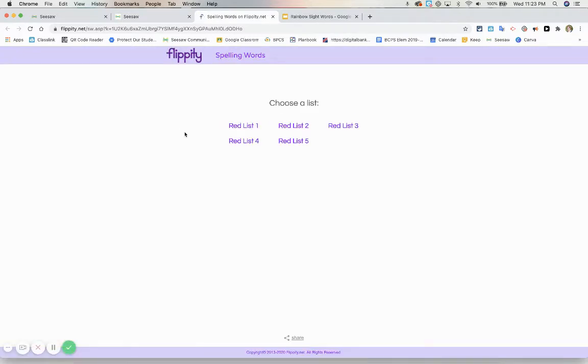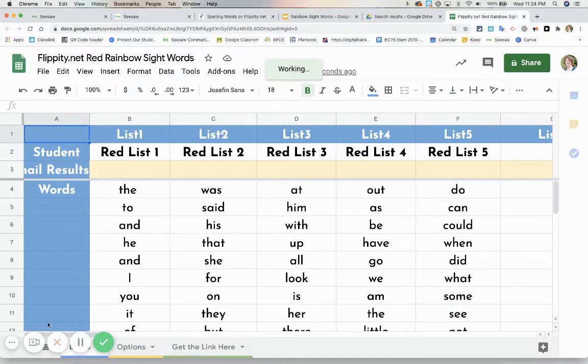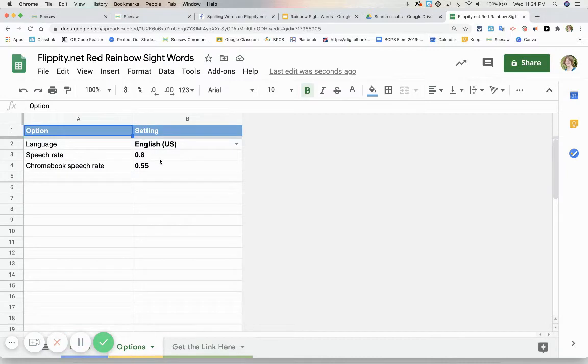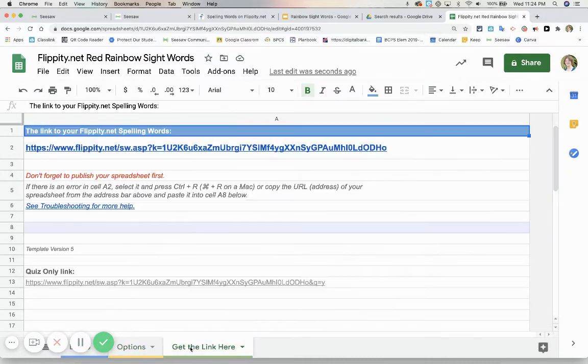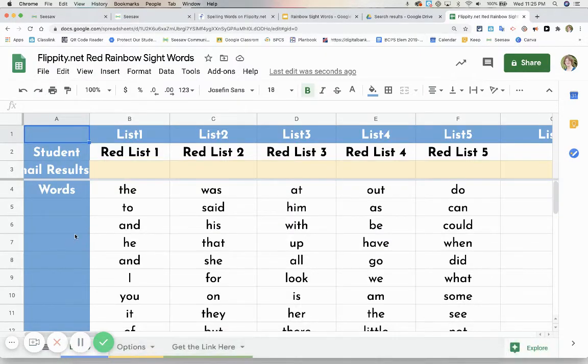Flippity is an add-on for Google Sheets. And so on a Google Sheet, I have created a list of words using a template that I get from the Flippity website. Down here at the bottom, these 3 pages come in when you download the template from the Flippity website, and it tells you what to do. You can make some changes to the setting, and then this is the link that you're going to share once you publish the list. Flippity does tell you how to do that on their website,